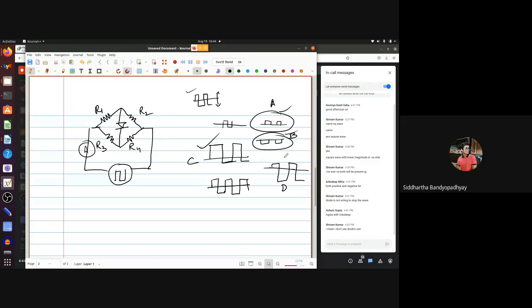Sir, can I say something? Yeah, go ahead. Say for the first half, when the current is flowing in the direction of the diode, say the Wheatstone bridge is not in fact balanced. So if it's flowing in the direction of the diode... Wait a minute, wait a minute. In the direction of the diode means what? First half essentially means this side is positive, this side is negative. So the current is flowing this way. That's what first half means.